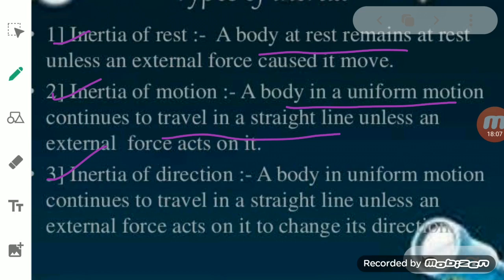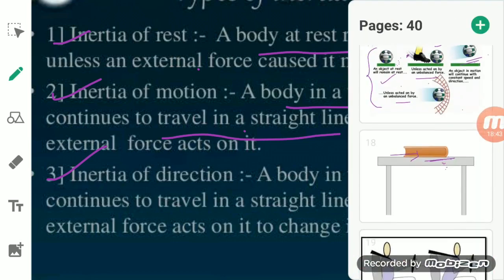Inertia of rest and inertia of motion, that you have to study, have a lot of applications. And you see in exams most of the time questions on the applications of inertia of rest or of motion are asked in Newton's first law of motion. So you will understand the inertia of rest and motion, and see the different experiments as well as different applications or examples of inertia also. So we will start with the inertia of rest.